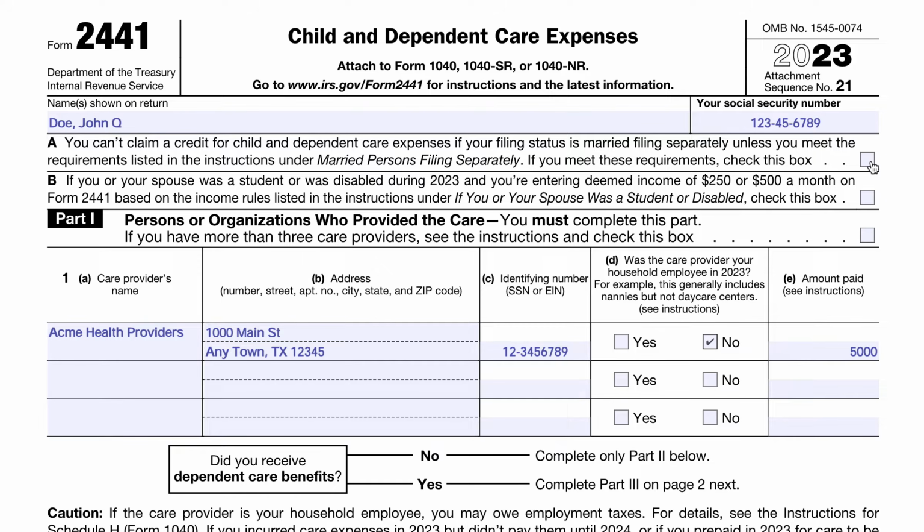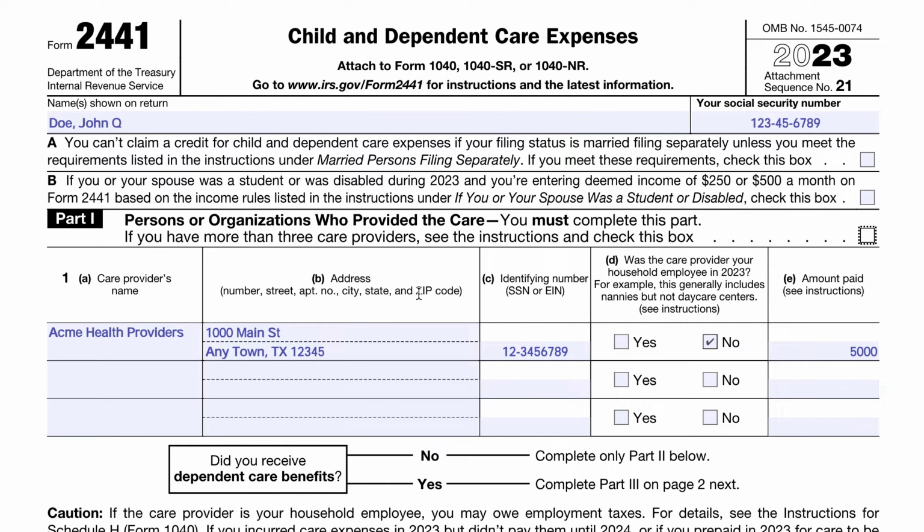In our situation, we'll just assume that neither of these are the case. So we're going to go ahead and go. Now, at part 1, you can list up to 3 care providers. If you have more, you would need to check this box and then basically attach a document that has essentially